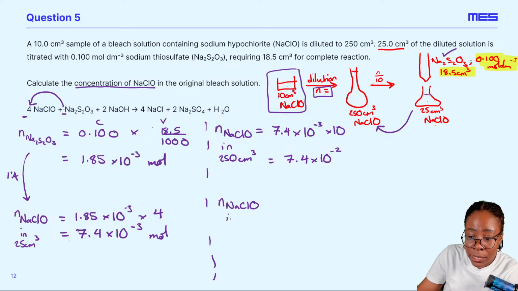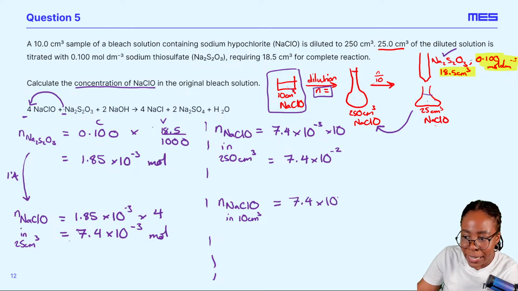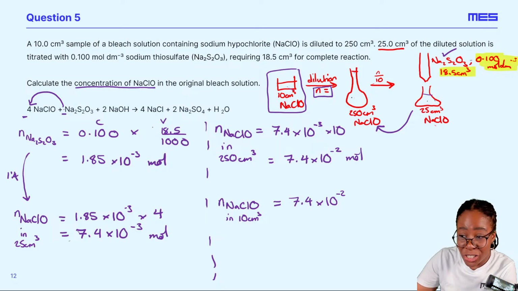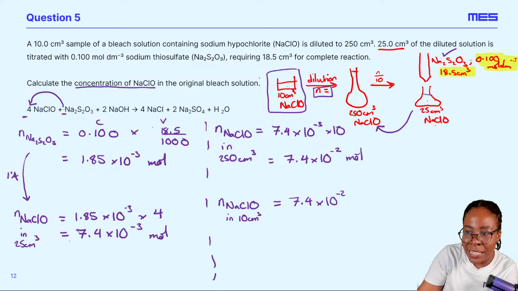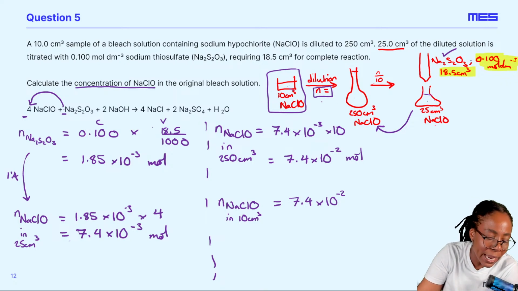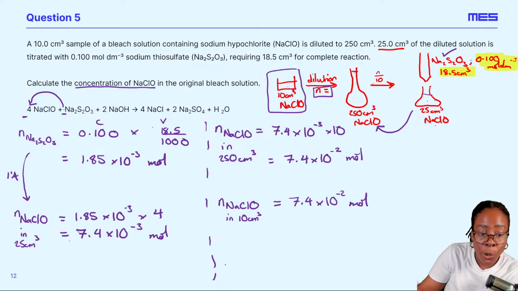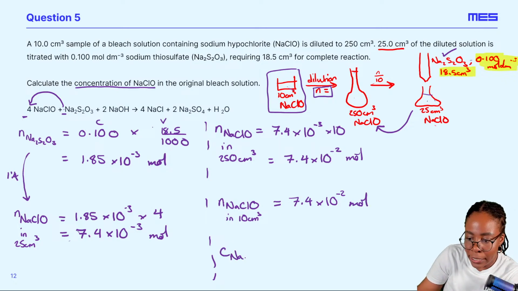When we diluted that 10 centimeters cubed to 250 centimeters cubed, we only added water. So the number of moles of the NaClO did not change, right? It changed in the second step because we took some out for our titration, but it didn't change in that first step because we only added water, okay? So now we've got our moles in our original solution, and now, of course, we want our concentration in that original solution, which we established before is